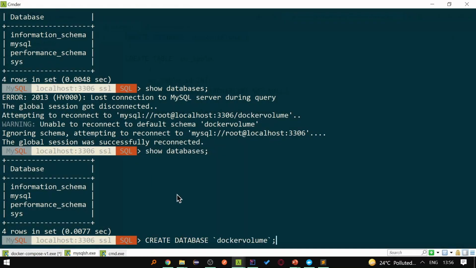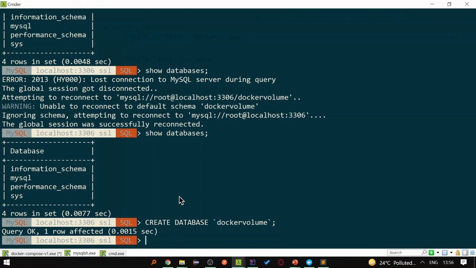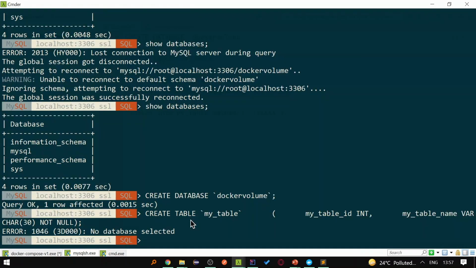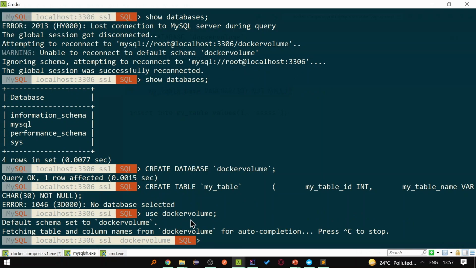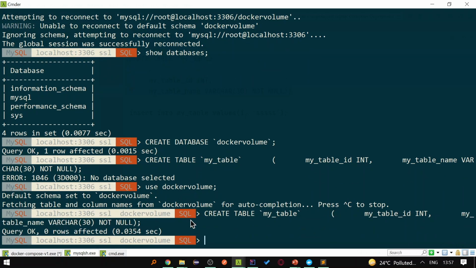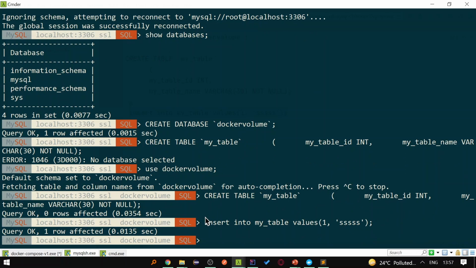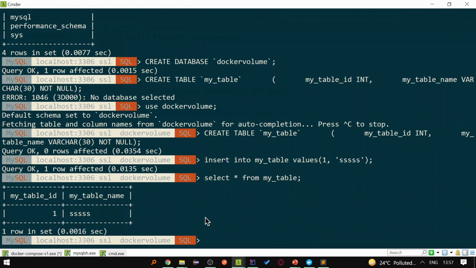Before that, let's use docker volume so that it is going to use that database, and after that let's add a table inside the database. So we created a table inside the database, and we inserted some data, and if we try to fetch the data, we are able to fetch the data as well.